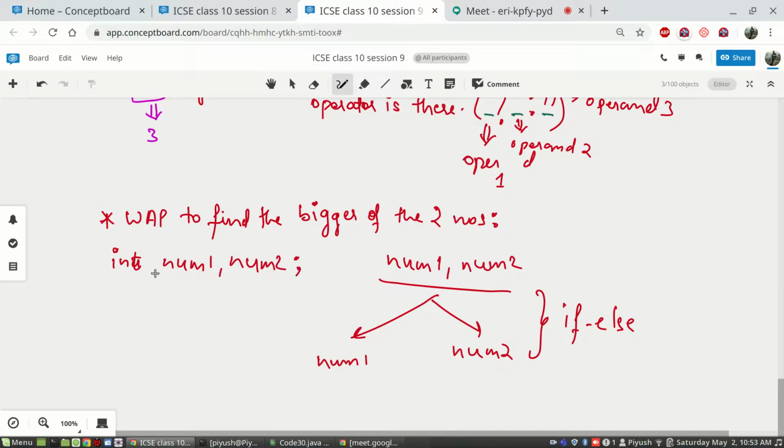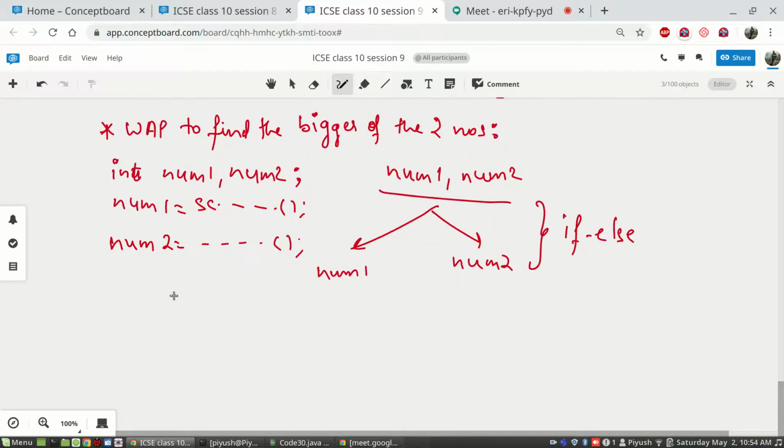Okay, we'll ask for value from user in num1 and num2, considering the required scanner lines you have written above. Okay, sc.nextInt, and then similarly you will accept the value from the user for num2. When you have got the values, you will check for condition.